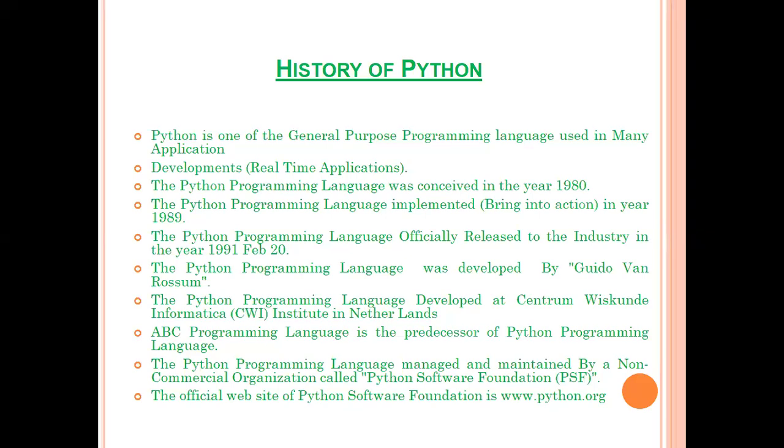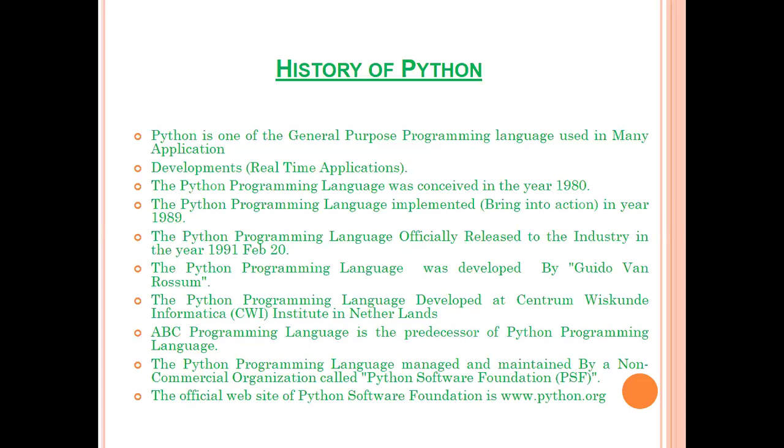Python is managed and maintained by a non-commercial organization, that is PSF, the Python Software Foundation. The official website of the Python Software Foundation is www.python.org, from where we can easily download it.